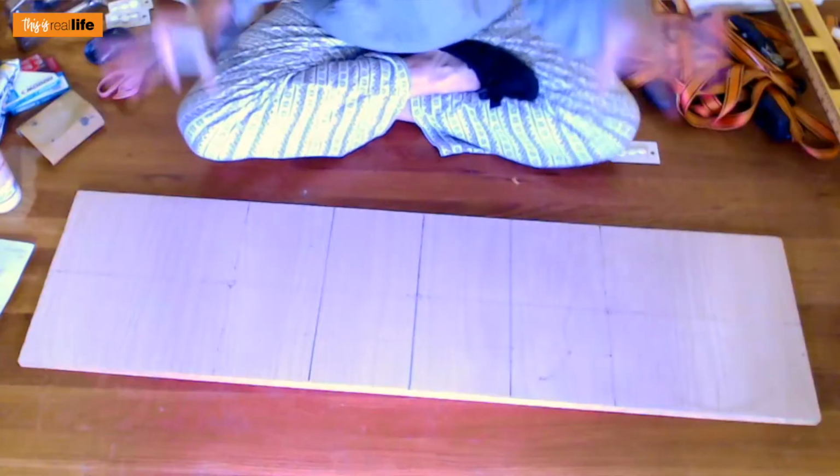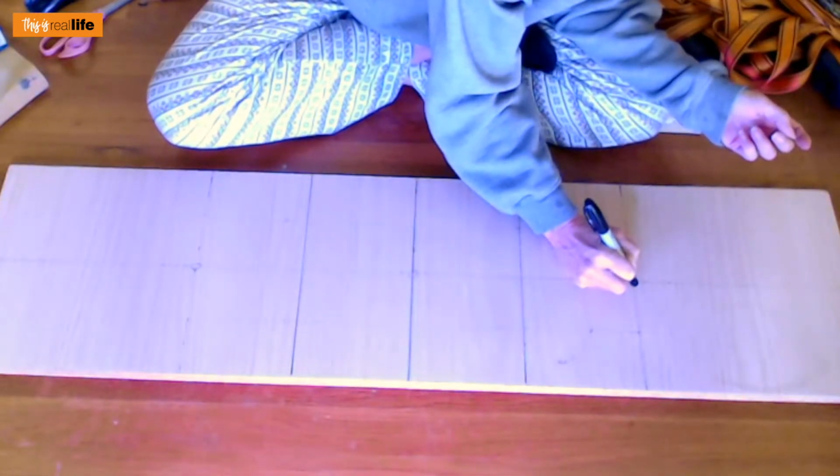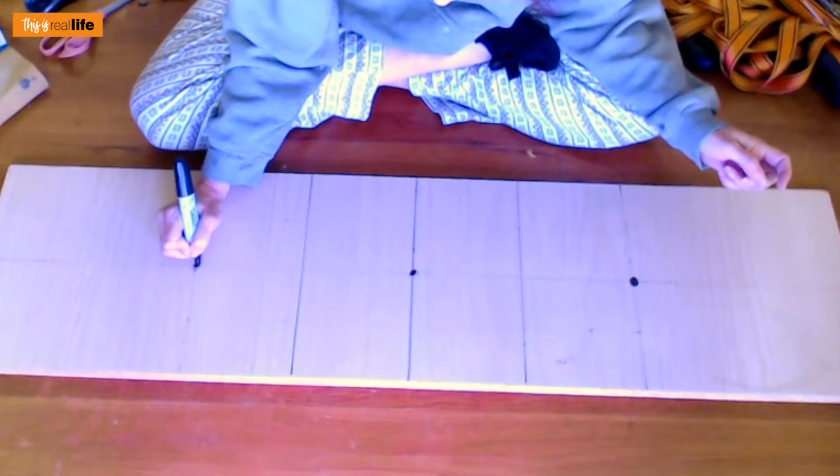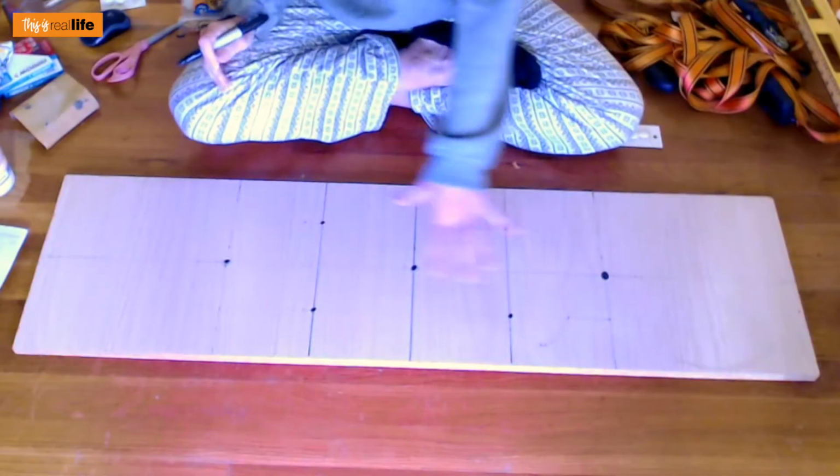Now we have our tufting grid laid out. I'm gonna do a drill hole here, here, here, here, here, here, and here. So this is our tufting pattern. Now we go into the garage, get our drill, and